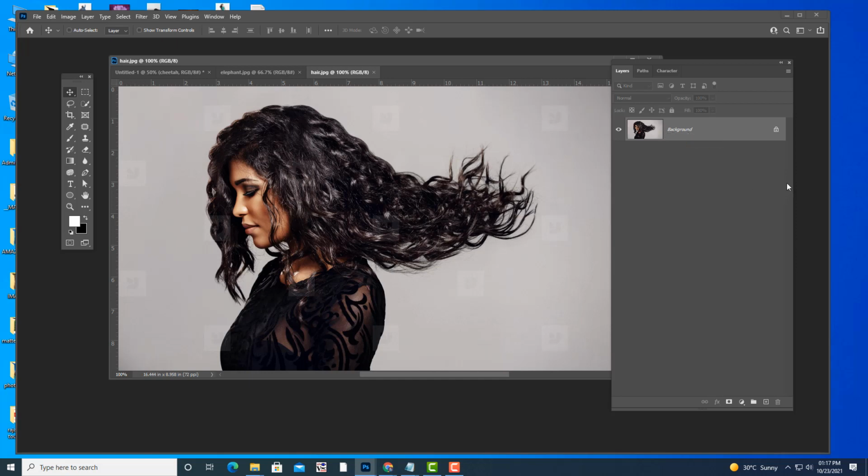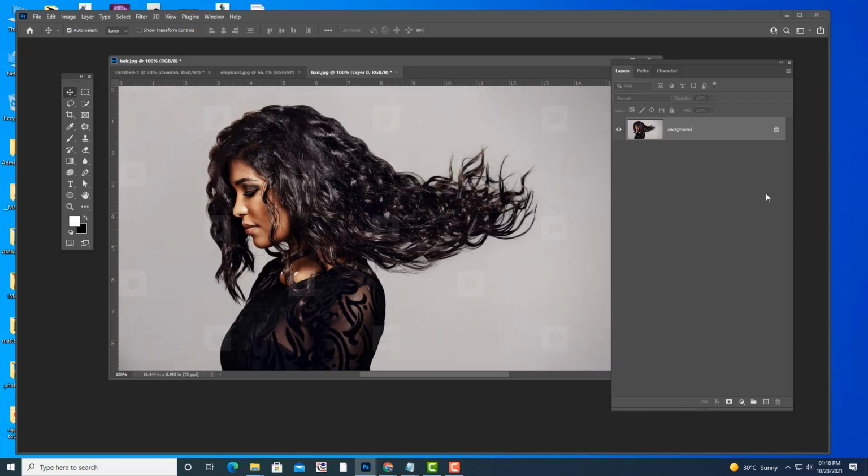If you want to do some modifications on this layer, you have to unlock that layer. By default, if you open an image, this layer will be a background layer. You cannot control its opacity. You cannot use any other options. You cannot move that. You cannot use the transform tool. You can't do anything on that layer till you unlock it. So to unlock the layer, one easy method is simply click on this lock icon. See, now the layer is unlocked. Now I can move this.